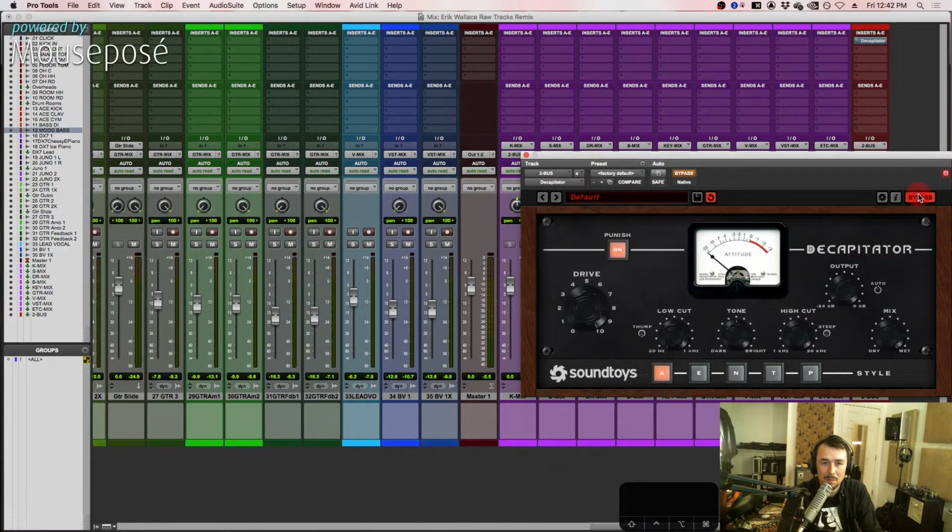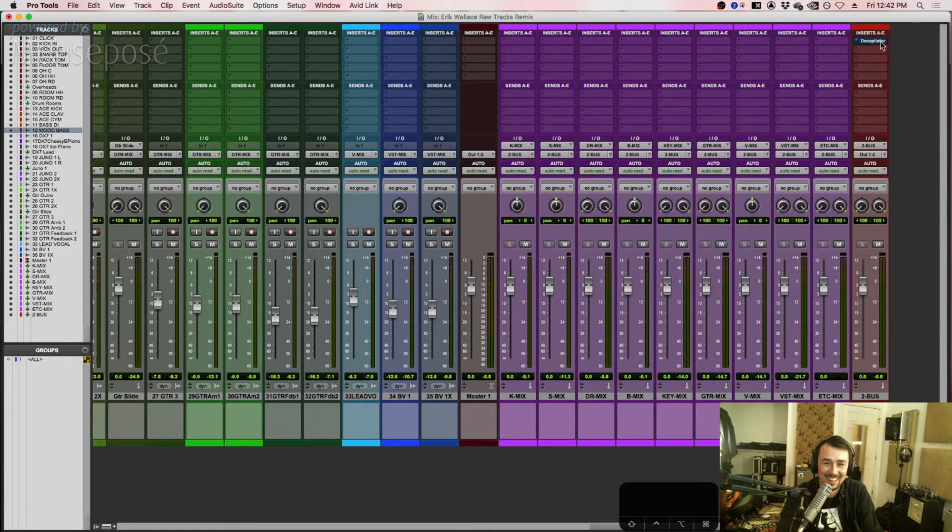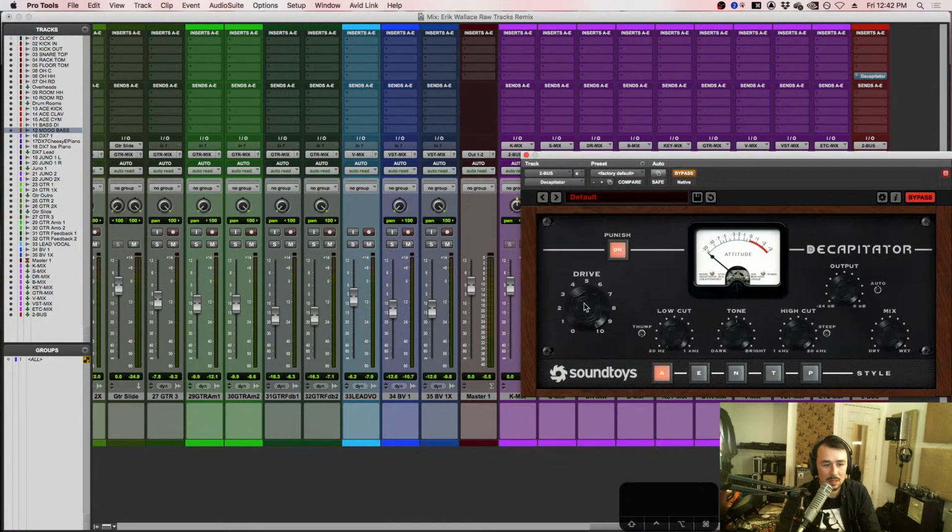But for now, I'm going to bypass this. But I do think it'll be really cool to eventually automate this drive control here and the mix, so that it just devolves into utter chaos as the saturation